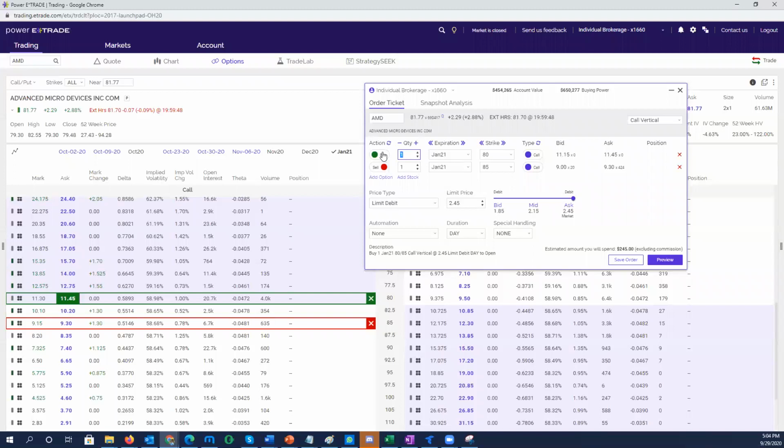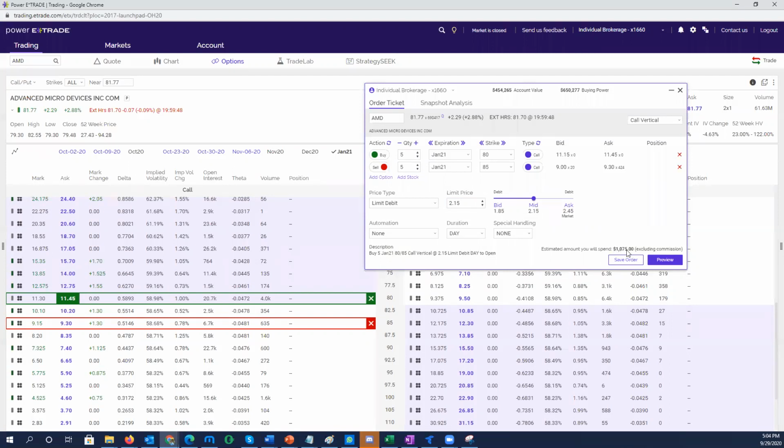You can buy 5, and there are different reasons people do it, which I cannot explain right now. But this is how spreads are done. This is called a call vertical and the debit spread. Suppose for one contract you need only $200. For 5 contracts, you can change your contracts like this, and just say preview and submit it.